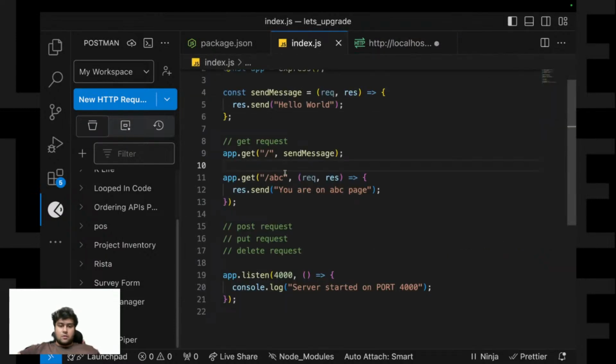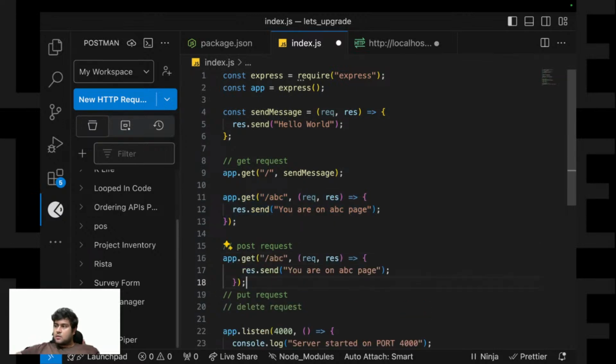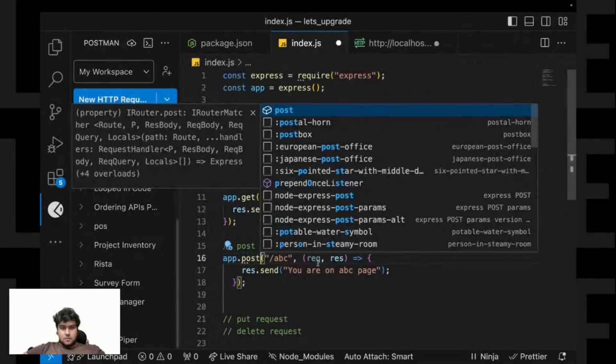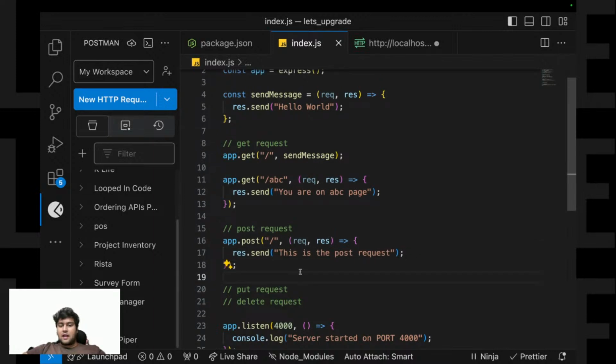Okay. Now let's test some other type of API. Now let's create a post API. Okay, I'll just copy this and click on post request. Yeah, we can check any API in this Postman. Now for the post request, instead of get, I'll click on post. I'll simply say this is the post request. You can test any API, Maps API. You can even test the Sockets API if you want. Postman even has that option.